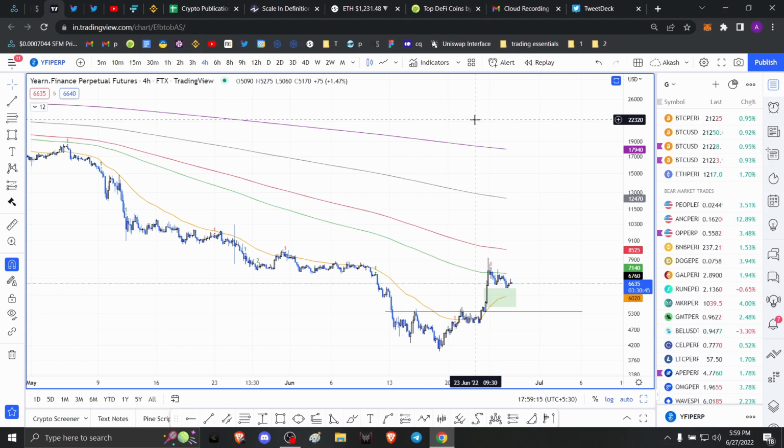My name is Akash and today we're taking a look at how to use the Fib tool to trade. It's basically a very simple strategy that you can use if you have the very basic knowledge